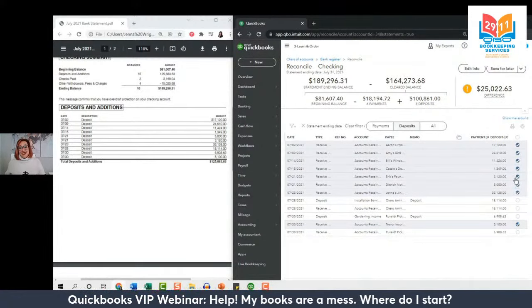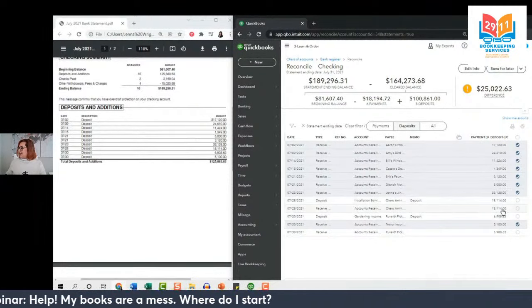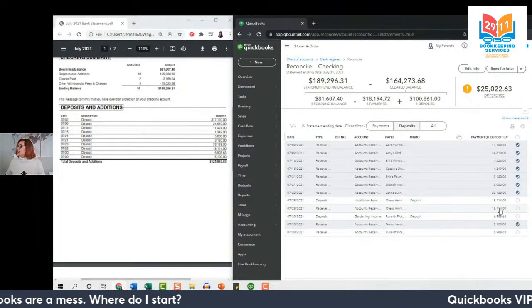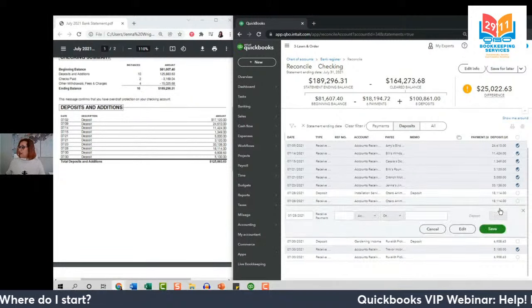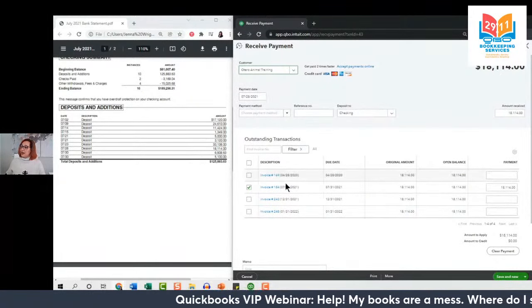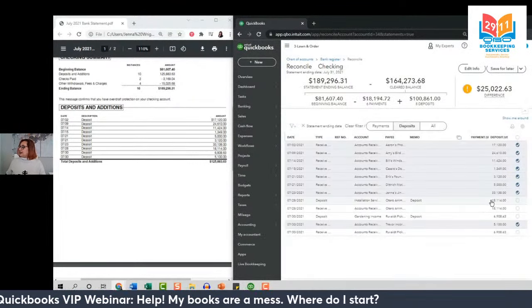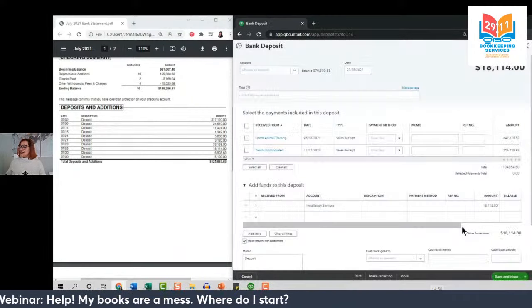Let's click to reconcile it. 2 more, and I think I know what's going to happen. So next one, let's look at the 18114. Let's click on the received payment. This one's from Otero Animal Training, connected to an invoice. Looks good. Let's take a look at the deposit, edit.